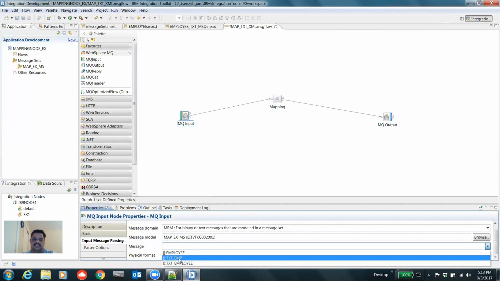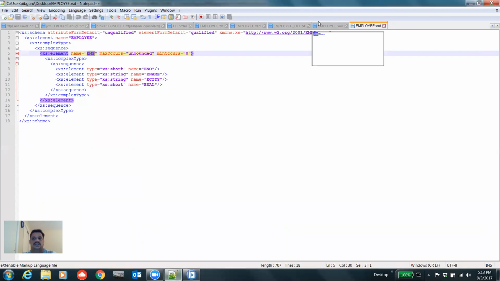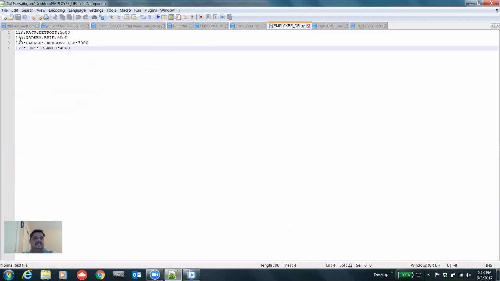If you select the message just for this level, it is only one record of the message. If a text delimited message contains only one record, let me show you. Let's say we don't have these records. Let's imagine whatever is selected in the gray, we don't have those records as part of this